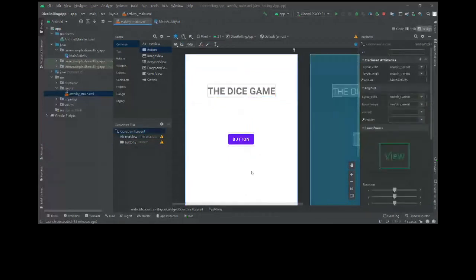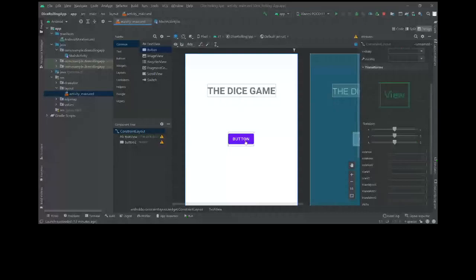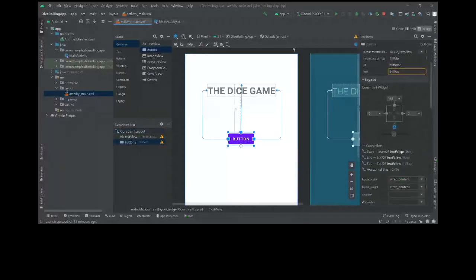Now if we go to the constraints of this button, you can see the start is the start of the text view, the end is the end of the text view, and the top is the top of the text view. There is a value that is not zero because we have a margin from the top. From the start of the text view, we put this view with a margin of 168.